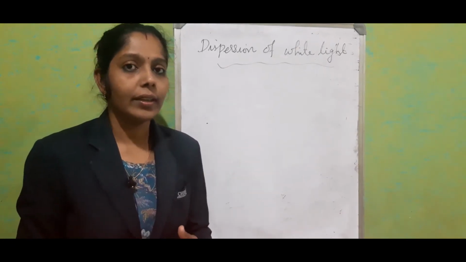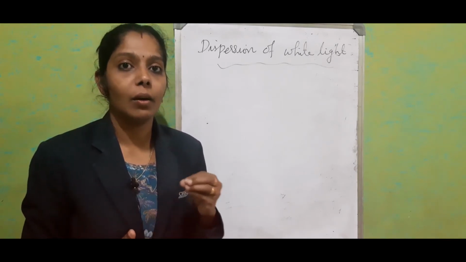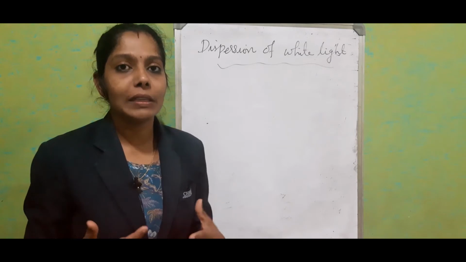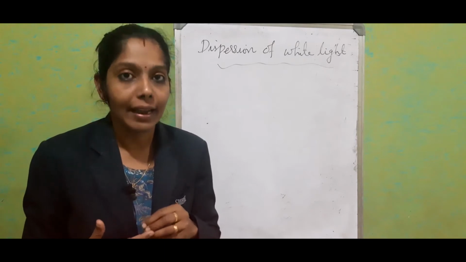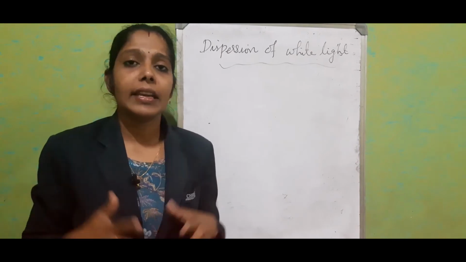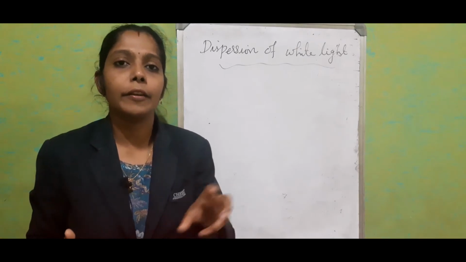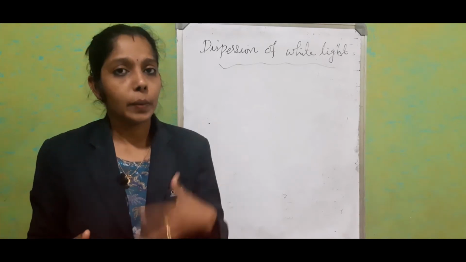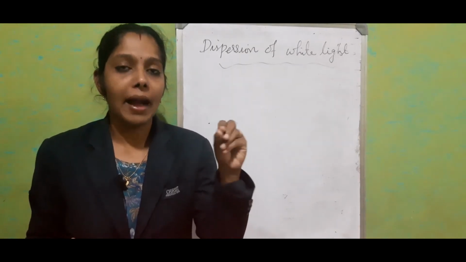scientist Sir Isaac Newton was doing some studies of terrestrial bodies through his telescope. In the telescope, we are using a lens, and the lens is also made of glass. He was watching the terrestrial bodies through the lens, and he found different colors. He thought that was a mistake of that particular lens, so he changed the lens and started watching again. Whenever he changed the lens, in all cases a color pattern was available on